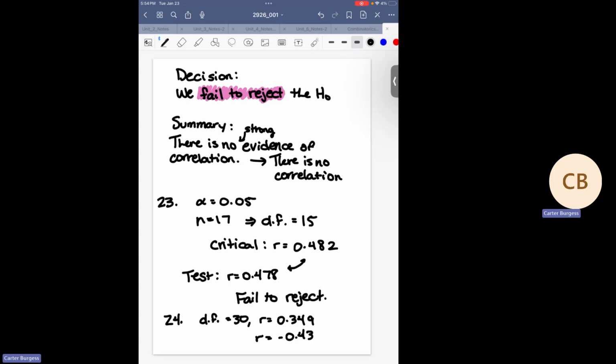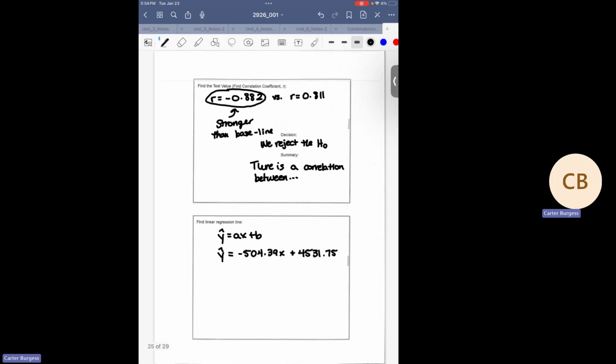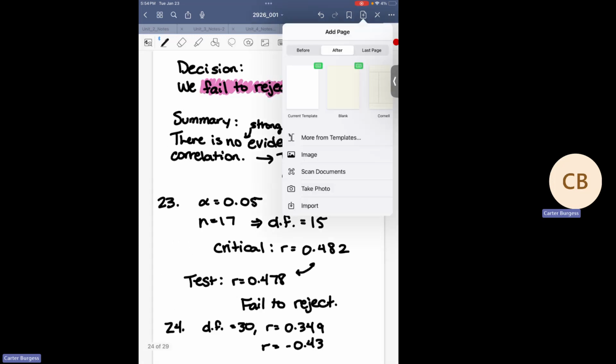Okay, one more question, and then we will call this done. So looking at number 25, trying to figure out which of the following statements is true. Or we'll just go ahead and say whether what we are given is true or false. So looking at the first statement,